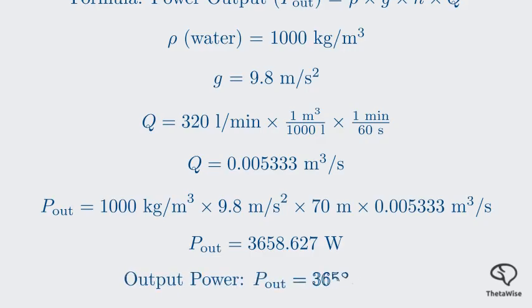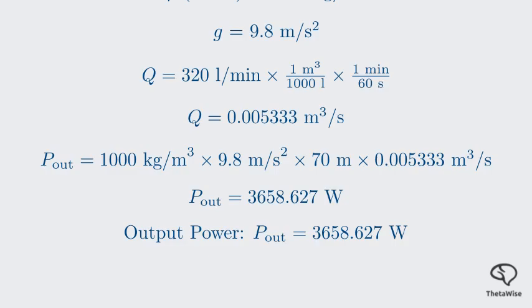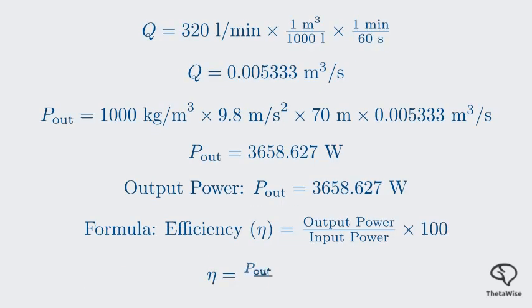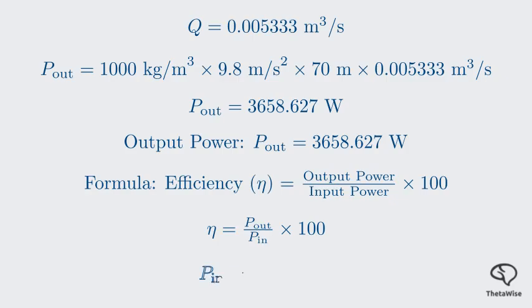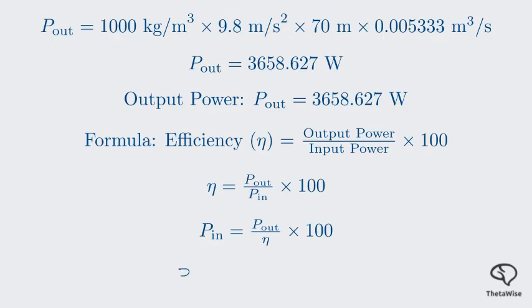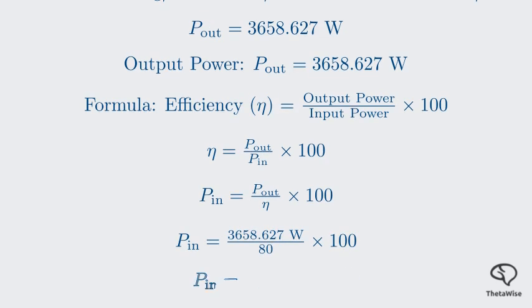Now we need to use the efficiency to find the input power. The formula for efficiency is output power divided by input power multiplied by 100. We want to find the input power, P in. Rearranging the formula, P in equals P out divided by eta multiplied by 100. We are essentially dividing by the efficiency as a decimal. Plugging in our values, P in equals 3658.627 watts divided by 80 times 100. This calculation gives us an input power of